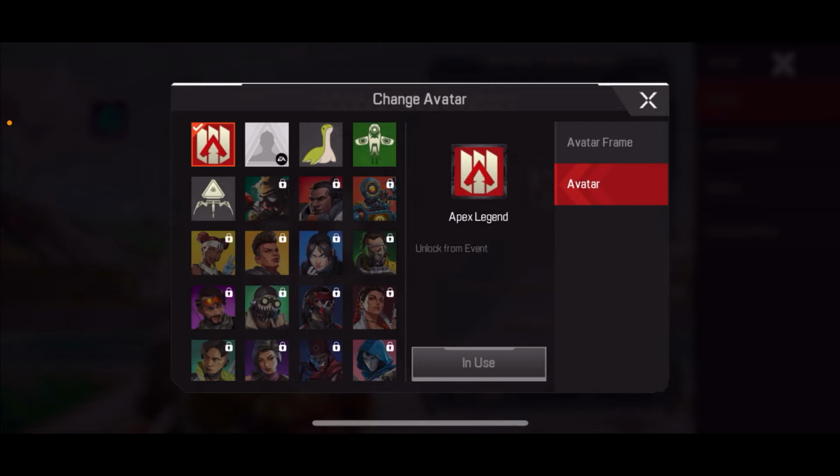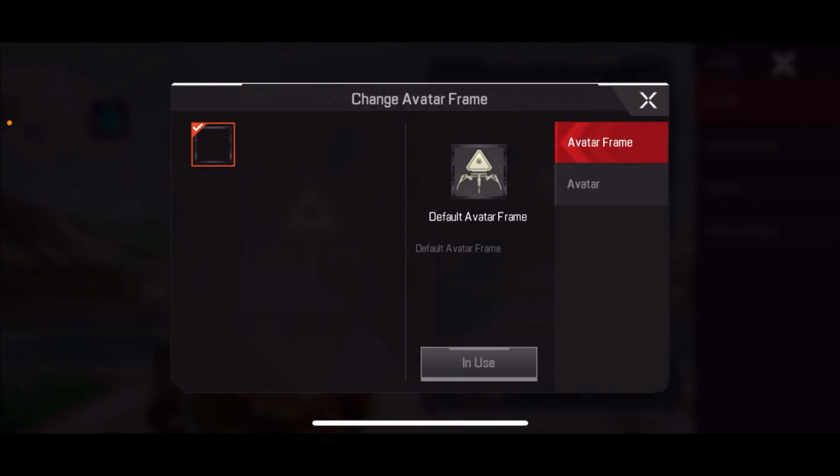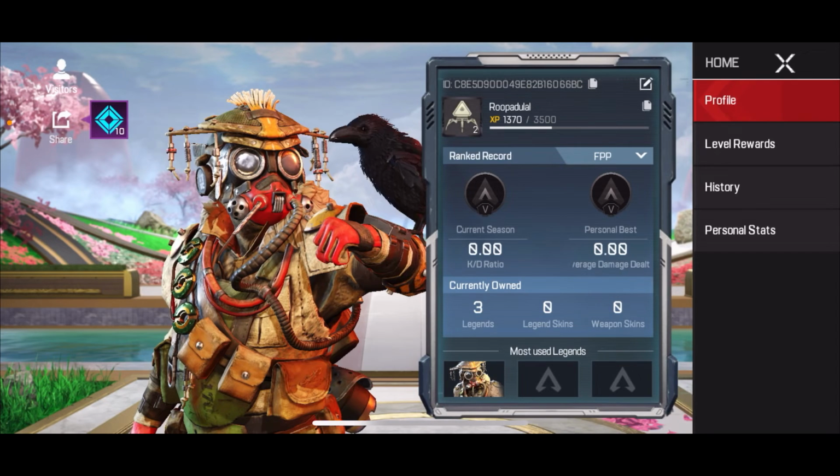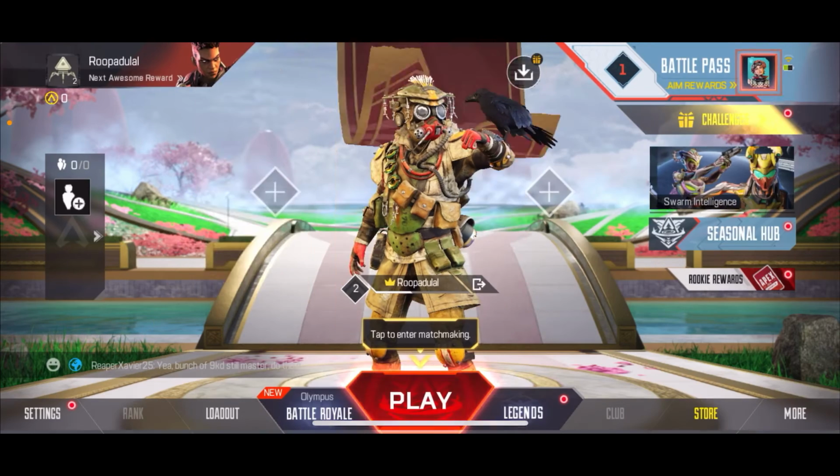Now, select from the avatar list and choose the avatar you'd like to change to and give it a tap. Now tap on Use after you are done selecting, and you can also choose your avatar frame. Since I only have one at the moment, let's just leave it as it is and get to the main